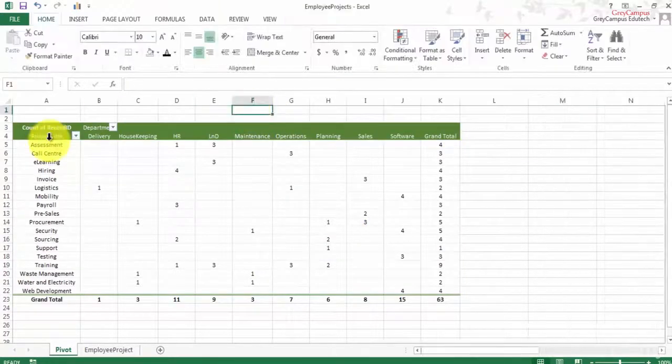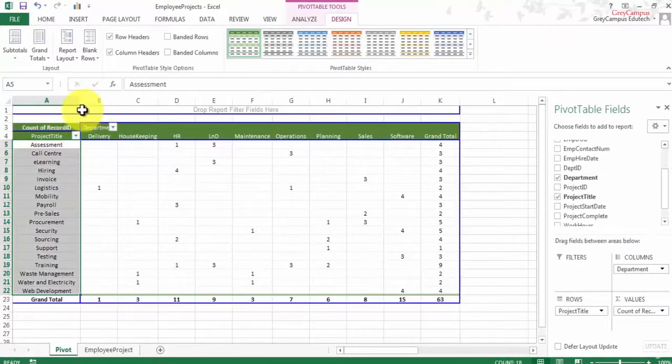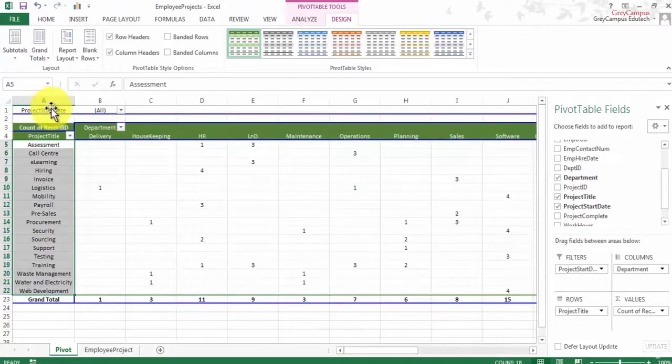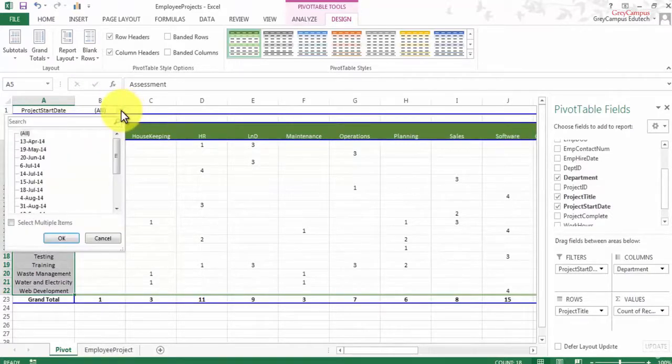And this is the top section where we had the filters. Let's say I don't want to view all the projects here. I just wanted to view the projects started, let's say, in July or some specific date. So what I can do, I can take my project date here and I can see all the dates. So let's say something which has started in the month of November, or something in the month of October. I can say that I need the details of all the projects which have started in November.